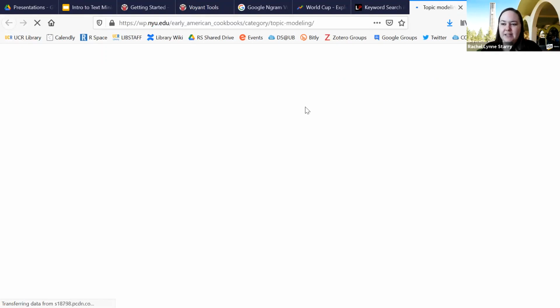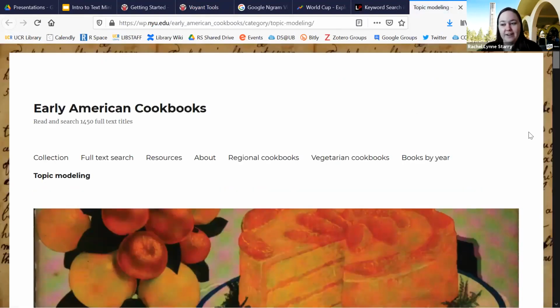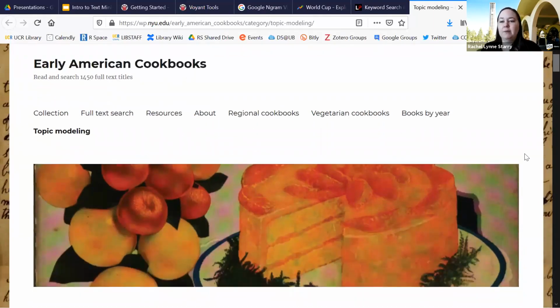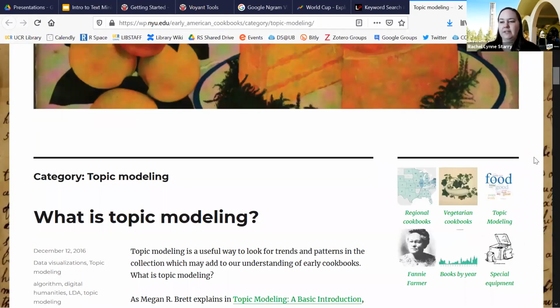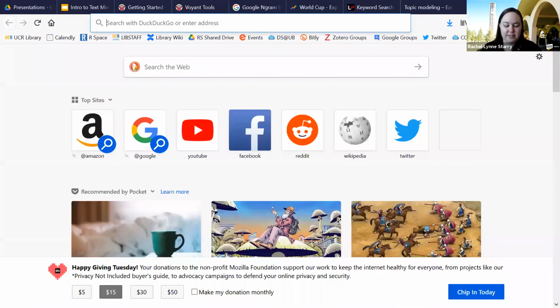Joya Stevens, who is the Special Collections Cataloger at New York University Libraries, or was in the past, I'm not sure exactly where they are now, assembled a collection of 1,450 cookbooks and government publications like cooking manuals, published for the Army, things like that, published in the US between 1800 and 1920. So they created this collection of cookbooks in the HathiTrust